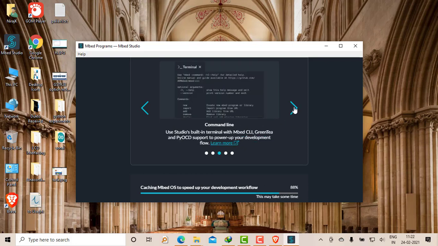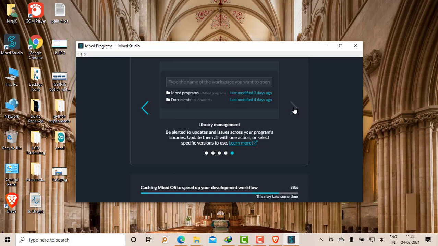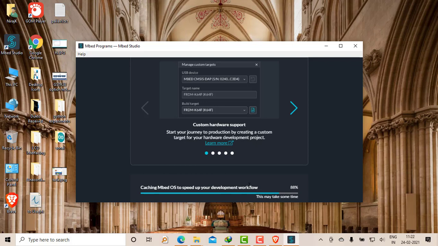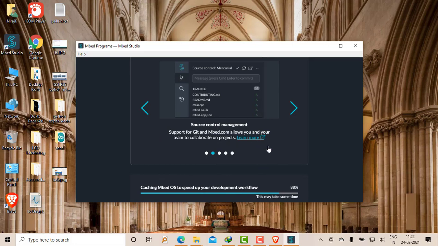You can use the terminal, embed programs, documents, library management and all. It will take some time to continue this development workflow. It's 88% completed. It will sync from the internet. The first time it will take data from the internet, and you will get all the libraries of Embed and CMSIS DAP as well from the website.